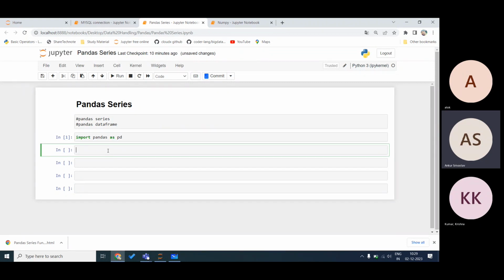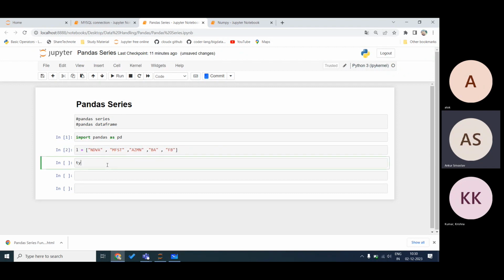Suppose that you have only one column. Suppose that you have a list. This is your list. Suppose that this list has whatever, it can be any value. Suppose that I'm just writing some string values: Nvidia, and your Microsoft, again your Amazon, again your Meta, and your FB. Suppose that this is the list you have.